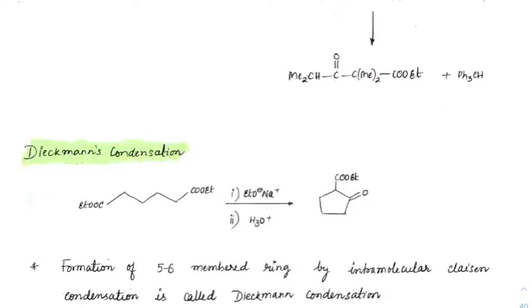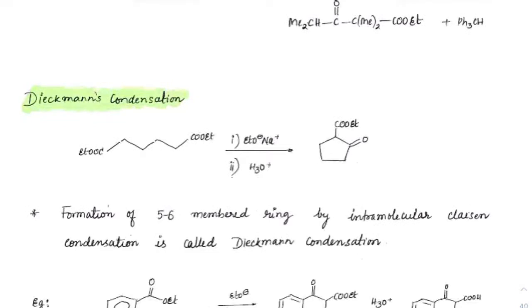Extension of Claisen condensation is called Dieckmann's condensation. Now, when it comes to Dieckmann's condensation, it's just the cyclization of the same group, which is more like an intramolecular version of what we have discussed. So, intramolecular, how does this happen? Same thing. This minus CH2 minus will attack on C double bond O, leaving this OEt. The rest will be a 5-membered ring with double bond O and COOEt. Just like in aldol, here also 5 to 6-membered rings are more feasible. Okay. So this intramolecular Claisen condensation is called Dieckmann's condensation.